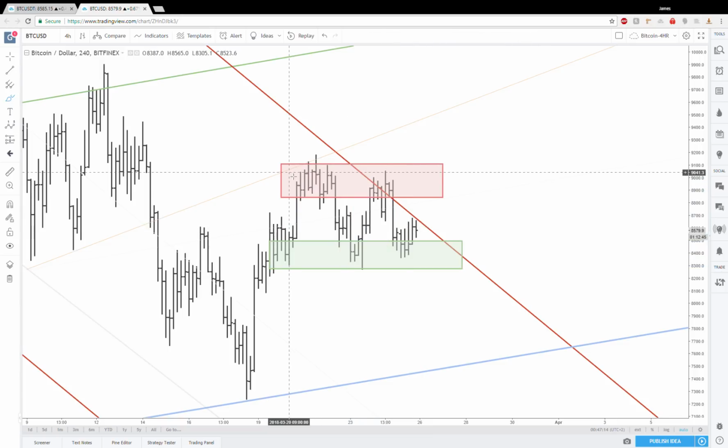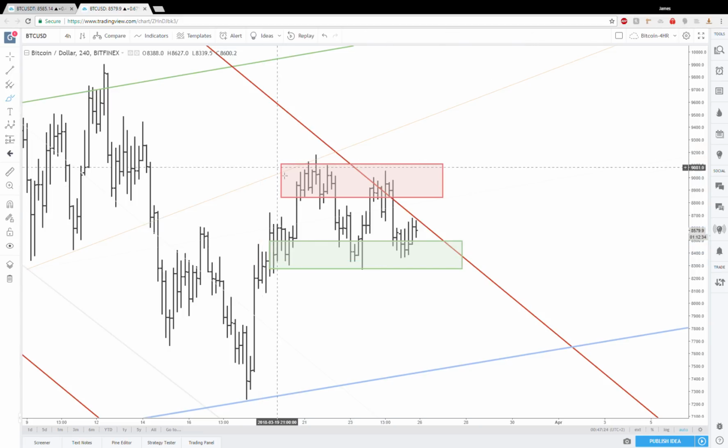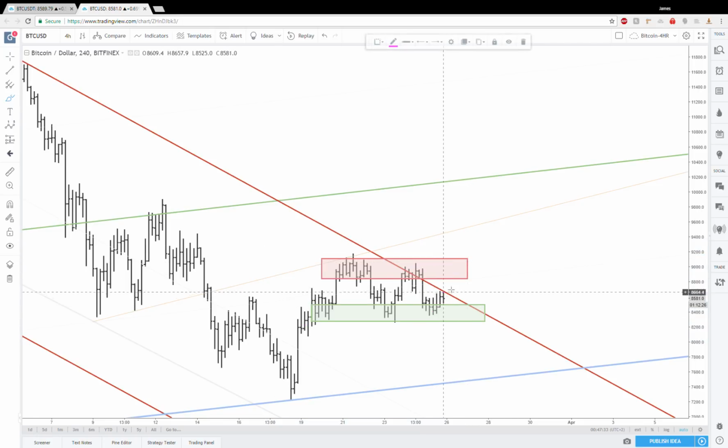So what we're really forming in a bigger picture, and by bigger picture I mean these are 4-hour bars. Right now I'm lassoing in about four days right here, so that's a lot of consolidation. It means the next move is more than likely going to be a very big move, and it could easily double this range, if not more. So we could see a move like this to the upside,